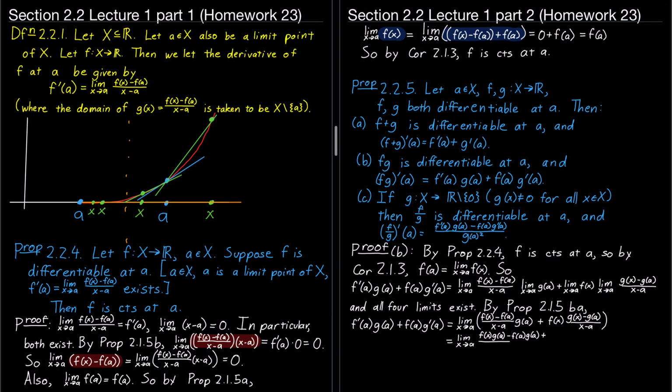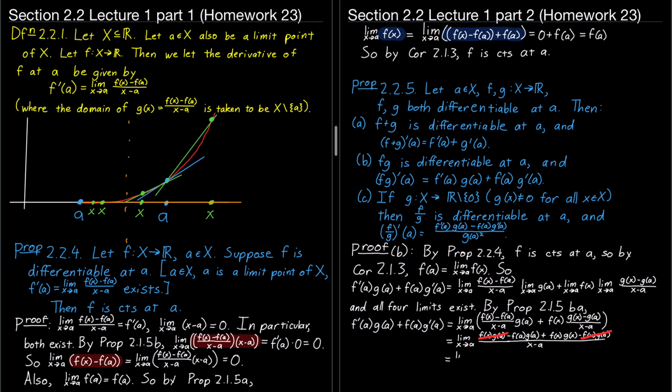Then we add to that g of x, f of x, minus f of x, g of a. And then notice that the entire thing is divided by x minus a. Then the next thing to notice is that, oh look, we've got f of x g of a here, f of x g of a here. They cancel, and we can write down